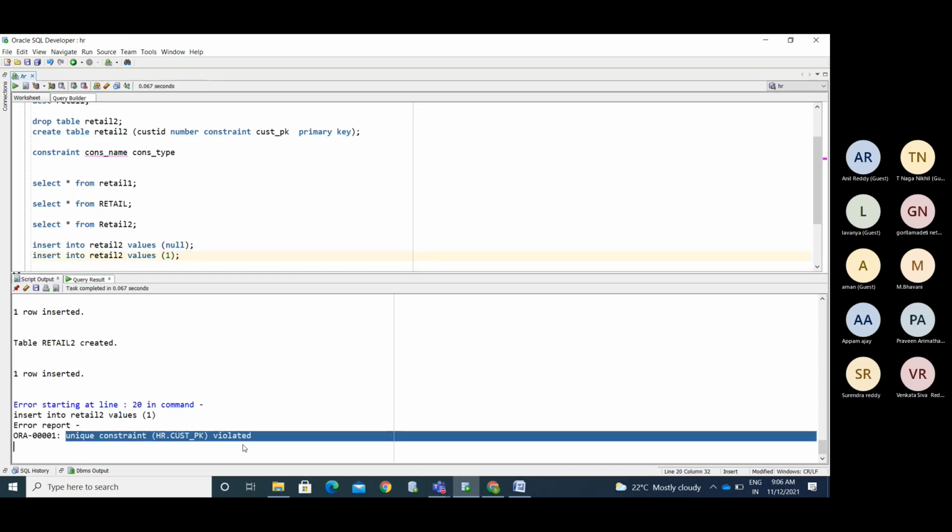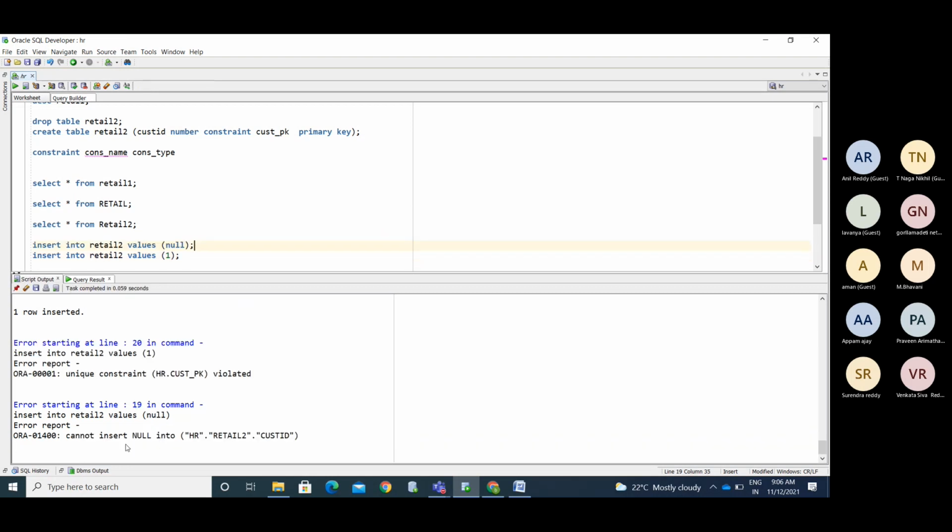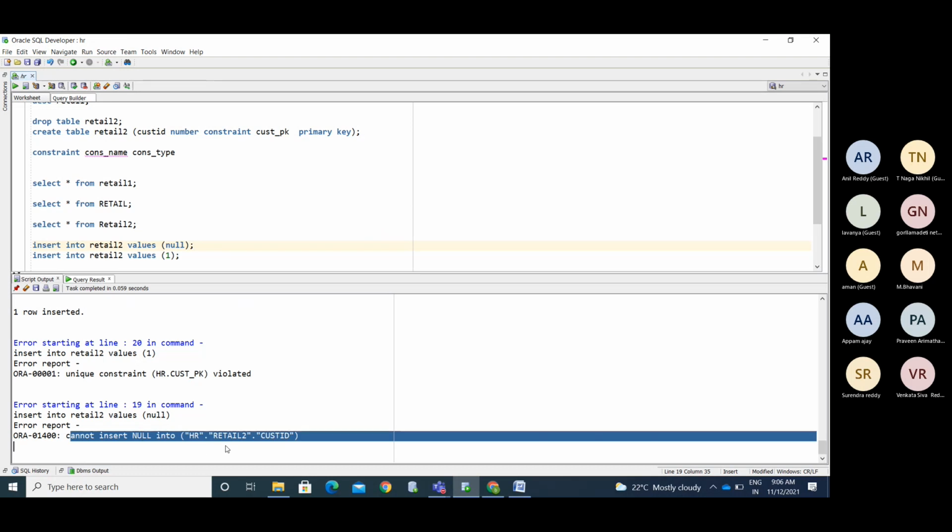Unique constraint is violated. Now I am inserting null values. Cannot insert null into this. The not null constraint is violated. In a similar way, if you insert any null values, the not null constraint restricts it. If you insert duplicate values, the unique constraint is violated. So a primary key is unique plus not null, and it restricts both.